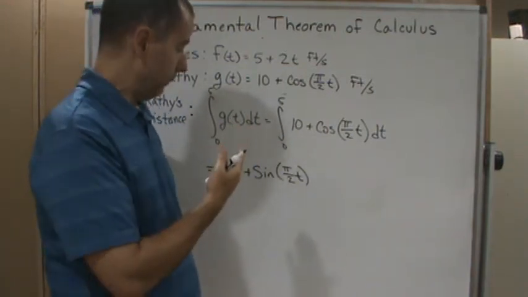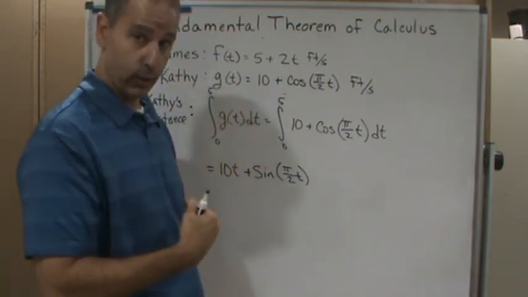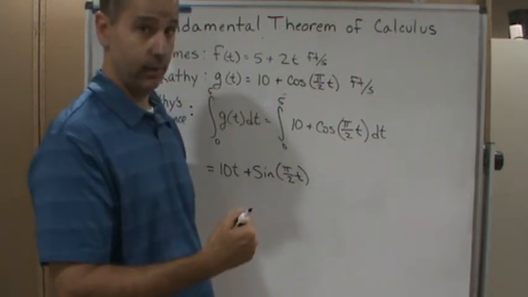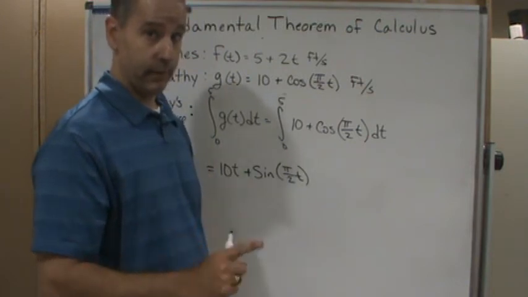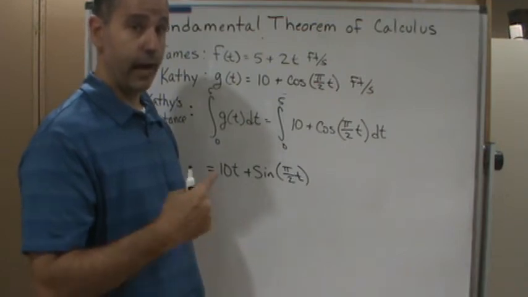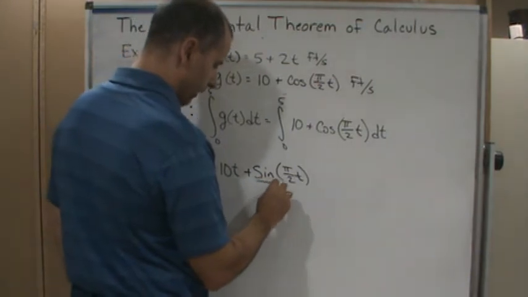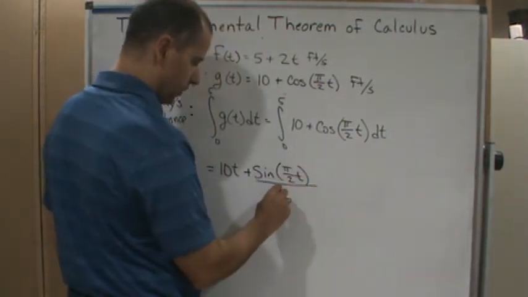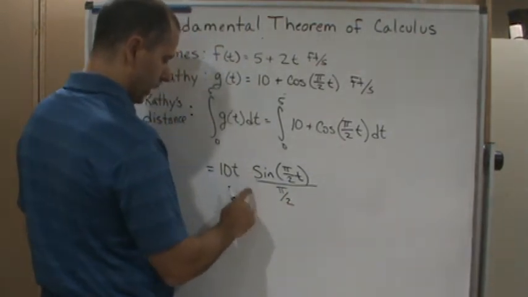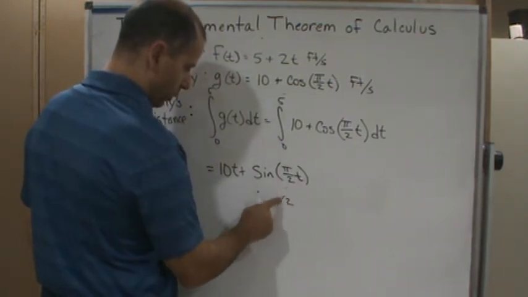So for integration, you find the antiderivative, you integrate the outside function, but then divide by the derivative of the inside function. So here, you would divide by the derivative of the inside function, which is pi over 2, or, in other words, you would multiply by the reciprocal. So it would be